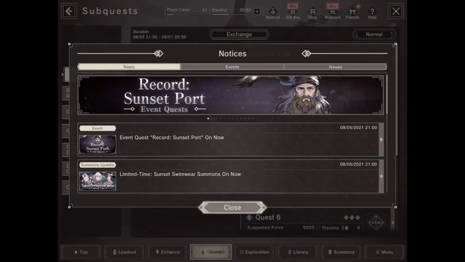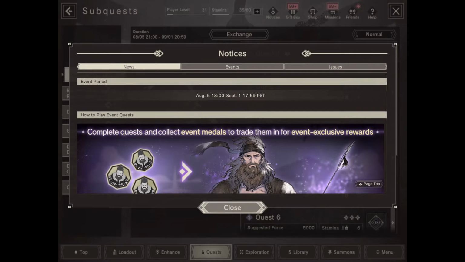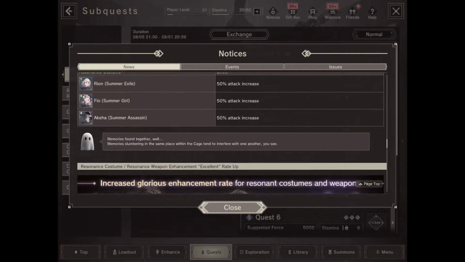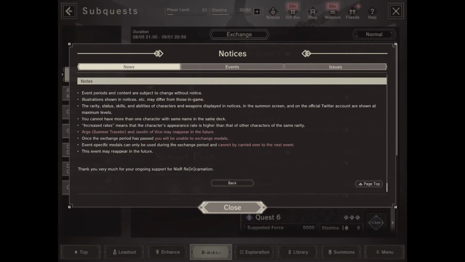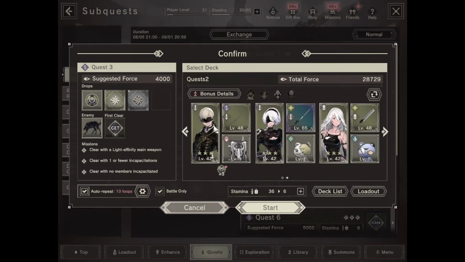I'm Pandamel, and today we're going to be talking about the Record Sunset Port event in NieR Reincarnation. This event is very similar to the NieR Autonoma crossover event, with some differences in the shop and increases in both the difficulty of levels and difficulty of collecting medals, and I'll go into more detail about that in just a few minutes. For now though, it's safe to assume that the same rules of sweep on normal quest 3